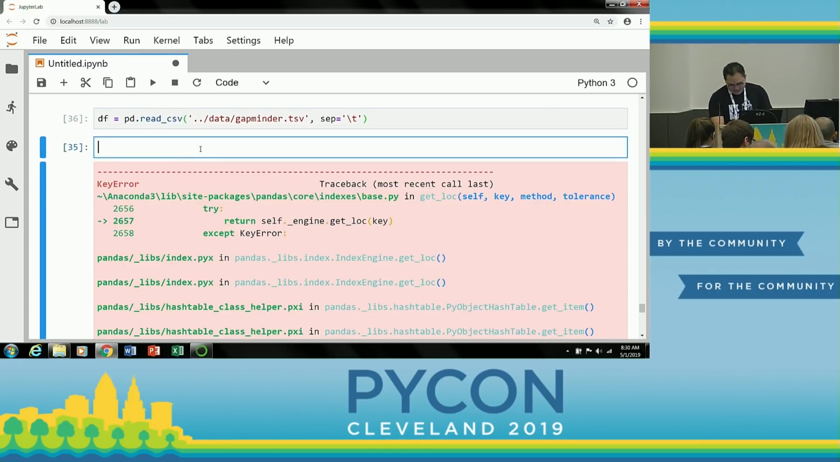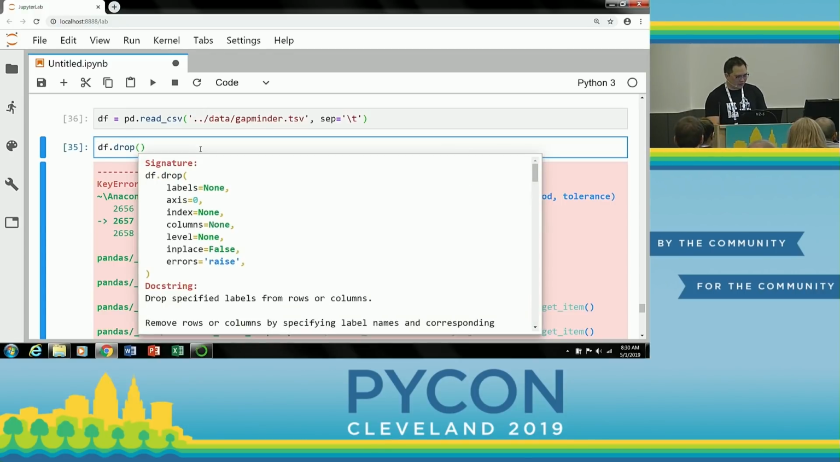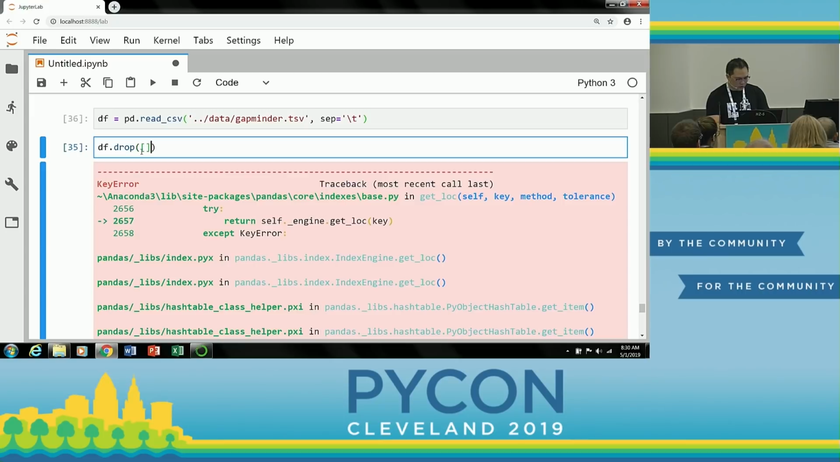So if you want to stay in the pandas world, which is usually what I do, there is a method called drop. This is what I would suggest. And in here, you can pass in multiple labels as a list. So we can say,